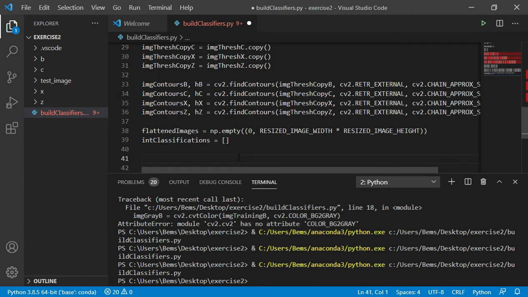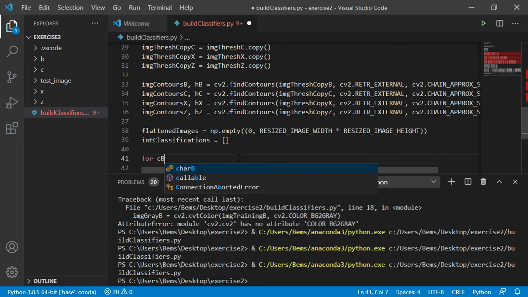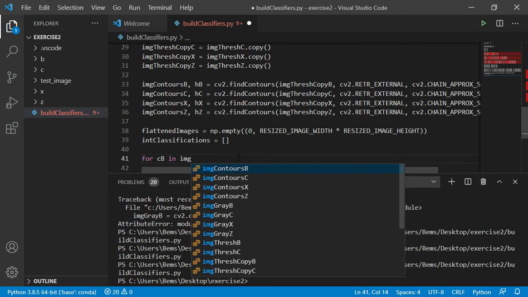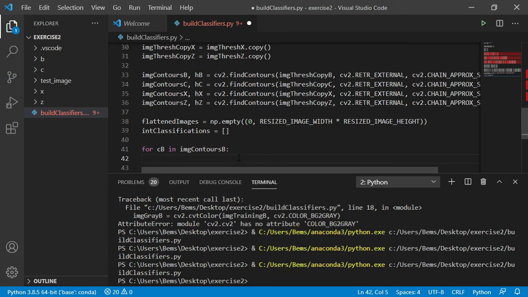And then next, we will iterate in each contour found in the contours. So for each contour in contours, we have to get the boundary of the contour. And we can do this by using the boundRect function of the CV2. So let's state here CV2, and then this will return four values. So we have to store these four values,